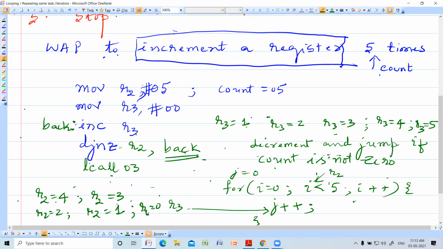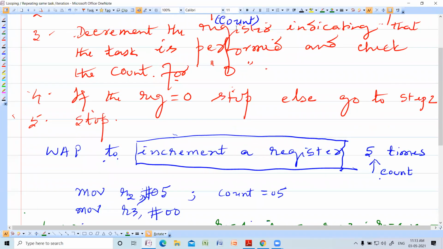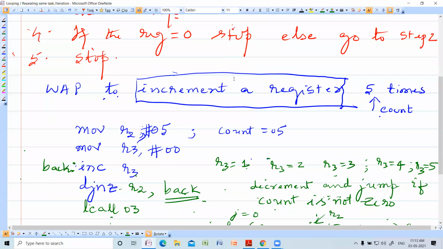Once R2 becomes 0, that particular looping instruction fails. It comes out. It stops the program. So this concept is called looping. I don't know whether you understood. Now you ping back at least. Have you understood? Those who have asked the question, please. Chandana has answered yes. Chaitra has answered yes. Please ping back some more whether you have understood this program.